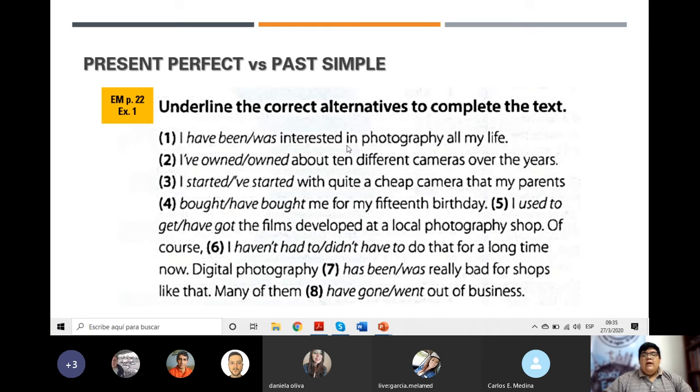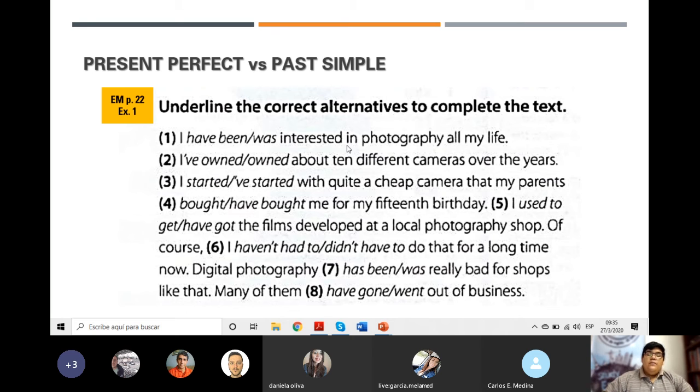Number 3, Carlos. I have started with quite a cheap camera that my parents. No, I started, because that is a finished action. Okay, the first camera I have, I started in the past. It is a finished time. Okay, es una acción terminada. I started with a quite cheap camera that my parents,